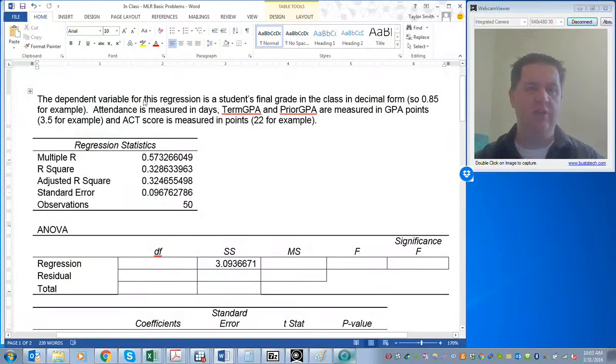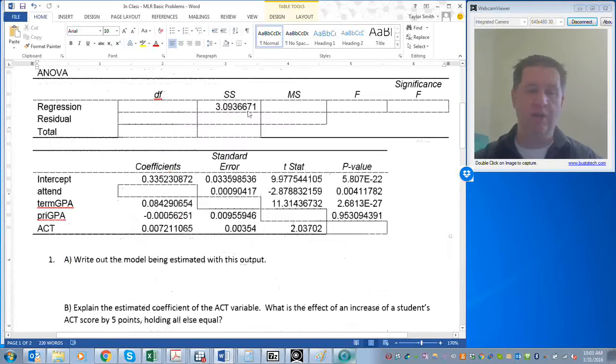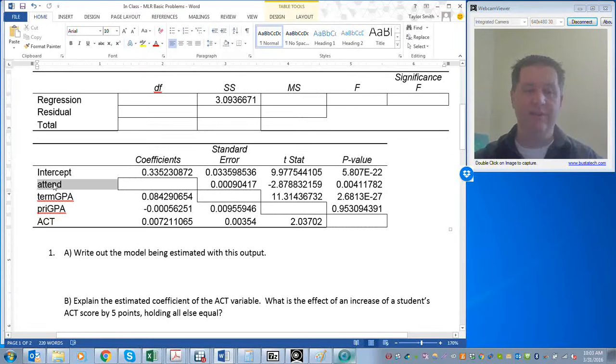So in this case, the dependent variable for the regression is a student's final grade in the class. And it's important to note that this is in decimal form. So 0.85 would be like an 85%, okay? Because that's important to how we interpret the coefficients later on. Another thing that we see is that attendance is measured in days. So notice I basically list out how each variable is measured